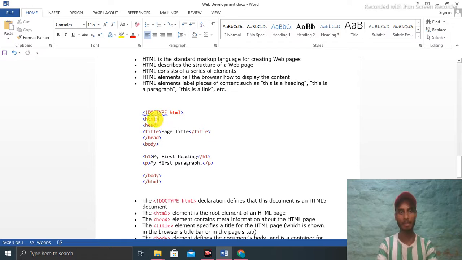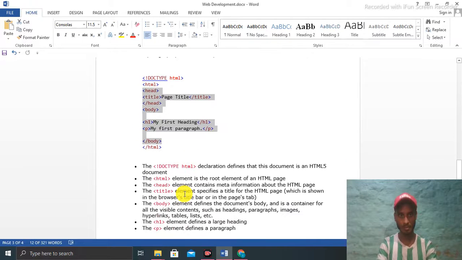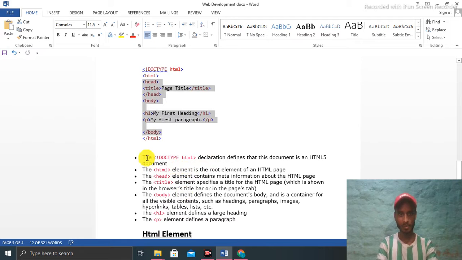The html tag contains all the HTML tags inside it. The doctype declaration defines that the document is an HTML5 document.